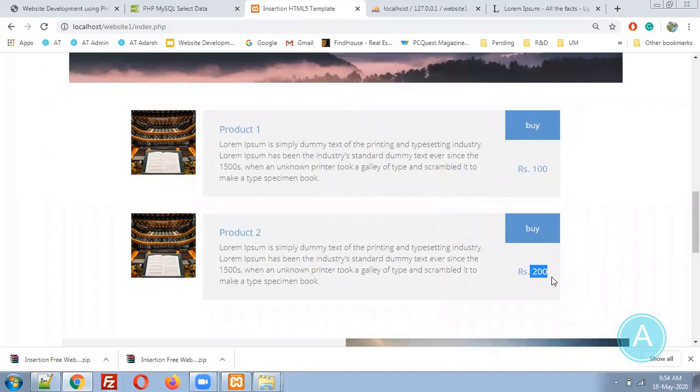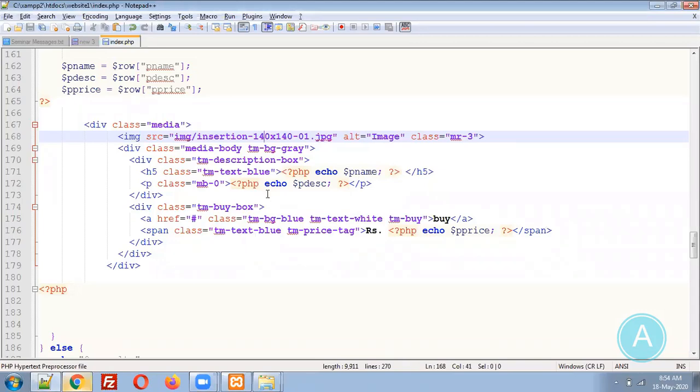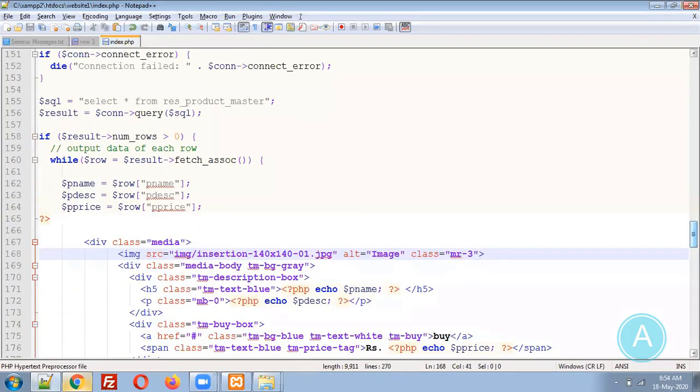So by using this way, you can convert a static website into a dynamic website using PHP code without remembering a single line or single syntax. Just copy paste from the website. But before copy pasting, you need to check whether you are copy pasting the right code or not. This is very important, because suppose you have taken this code from the wrong website, then you will get stuck at some point and you will waste your whole day.